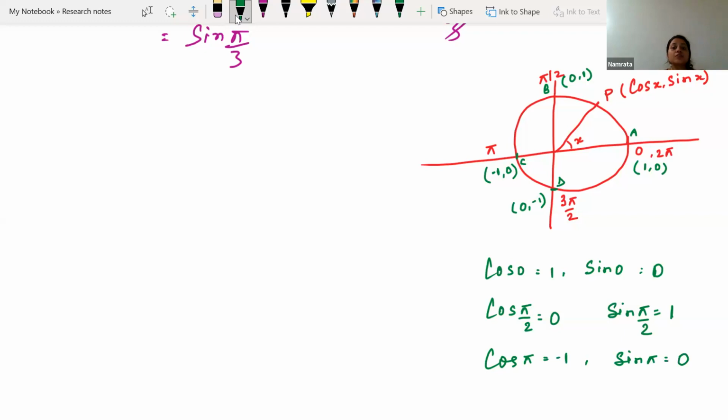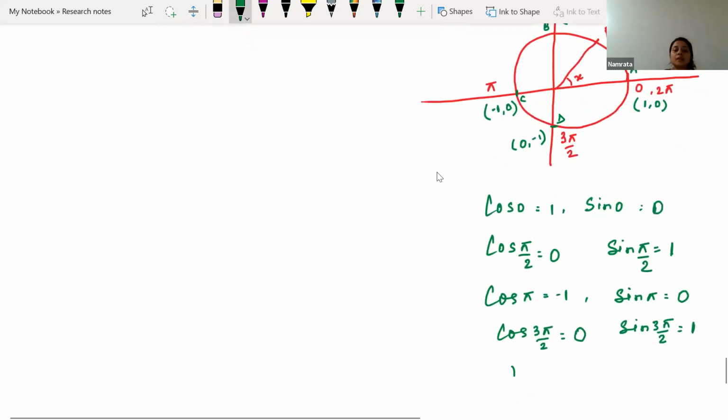And similarly, when we go to 3 pi over 2, here at 3 pi over 2, x is 0, y is minus 1. So sin 3 pi by 2 will be minus 1 and cos 3 pi by 2 is 0. Similarly, when we write 2 pi, that is cos 2 pi and sin 2 pi,